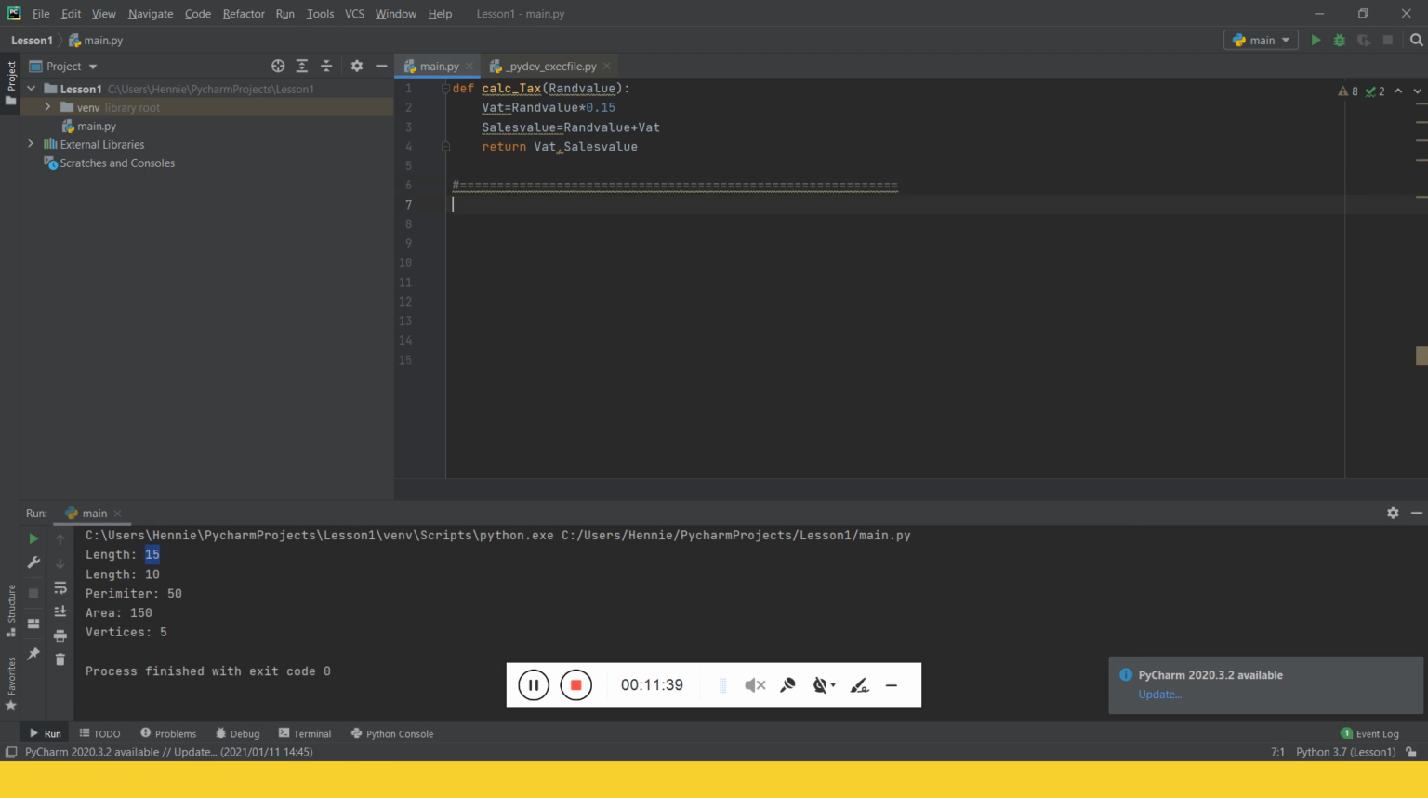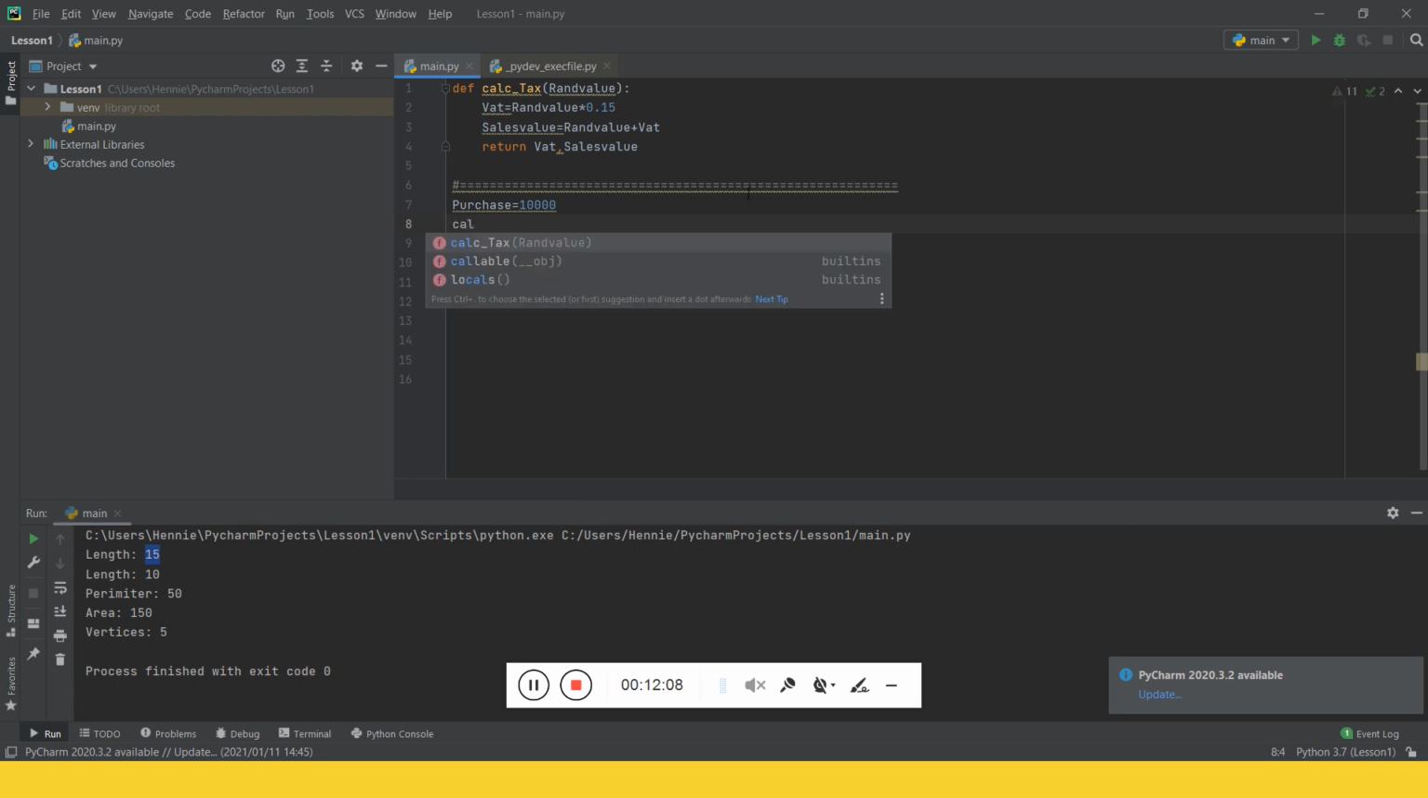It starts immediately after the definition, and I'm going to calculate the VAT. So sales VAT. First of all, the original purchase price, and I'm going to just call it purchase, is 10,000. And now I'm going to call my definition. So I'm going to go calc, and you can see it already calls it up. Calc tax underscore tax equals